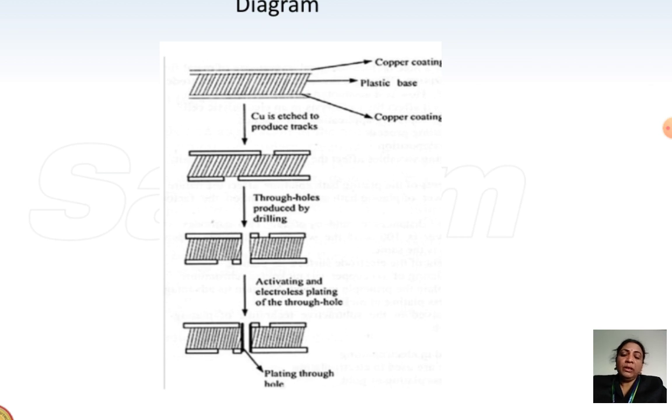Once again, we will discuss the important topics of this session. In the electroless plating of copper, you must remember the electrolyte solution is copper sulfate, the reducing agent is formaldehyde, the temperature is normal room temperature, the pH is around 11, the complexing agent is EDTA, and NaOH is the buffer added to maintain the pH of 11.